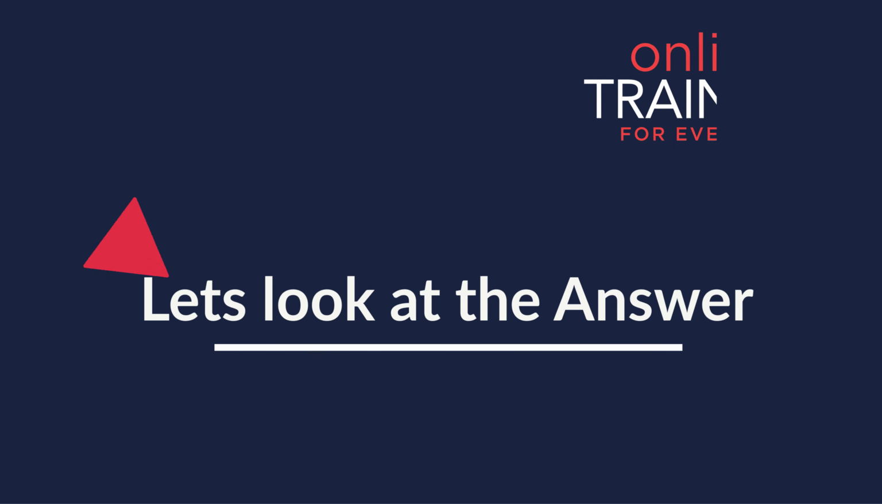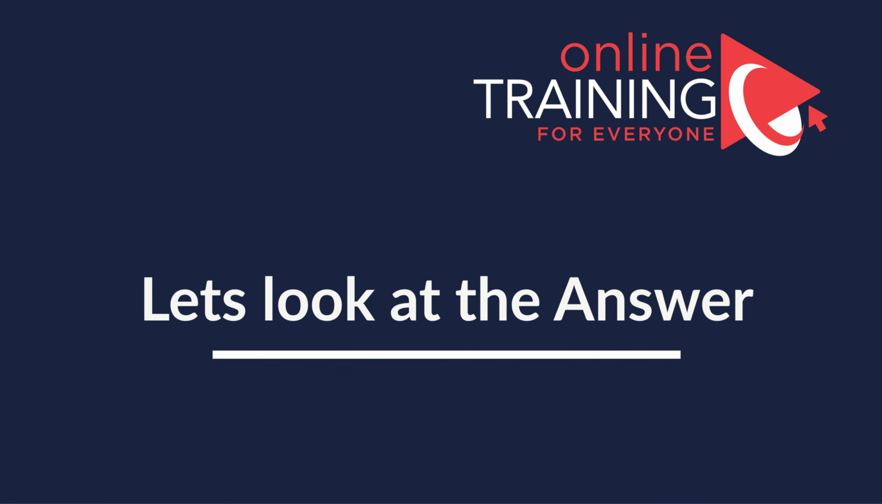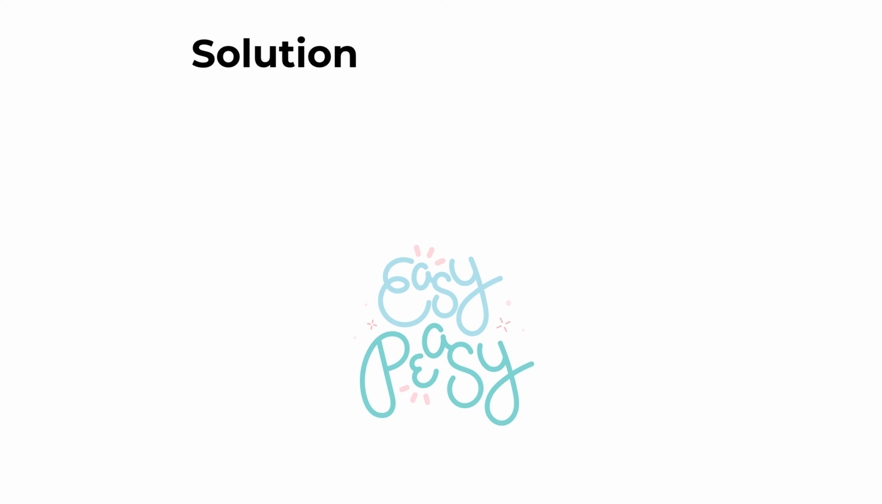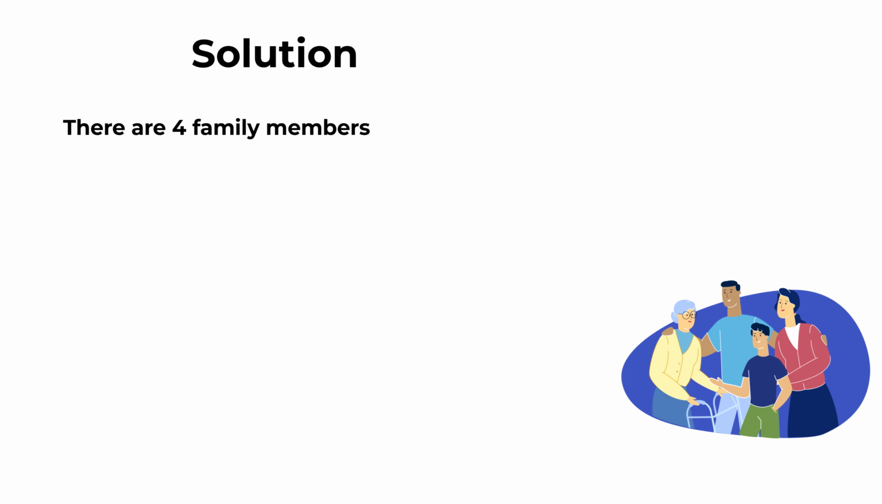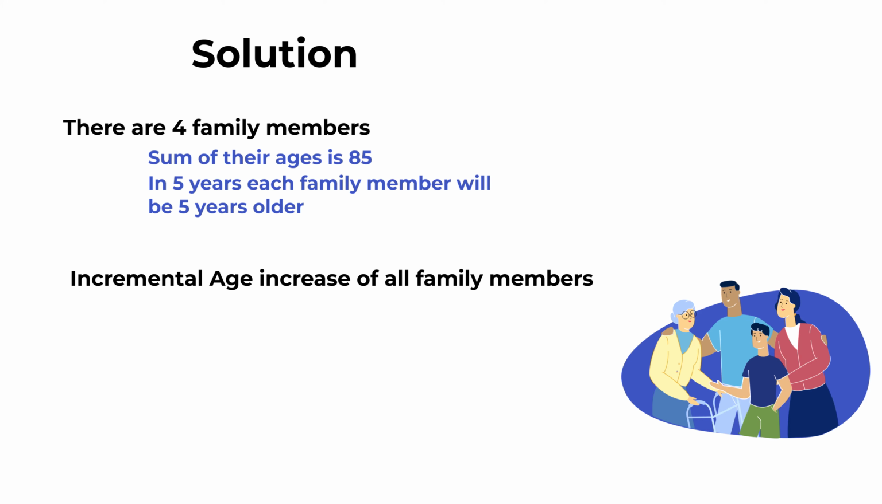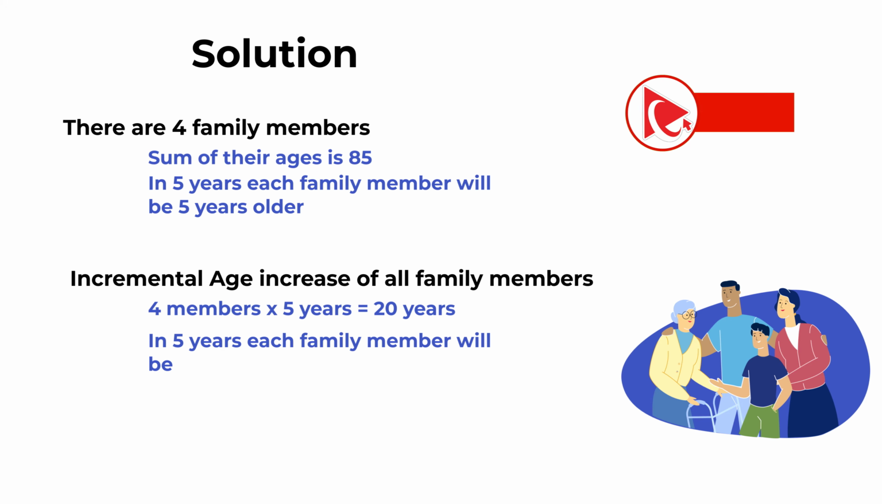What's interesting about this problem is that it is simpler than you think. So the key here is not to overthink the problem. There are 4 family members, and the sum of their ages is 85. And in 5 years, each family member will be 5 years older. So the incremental age increase for all family members can be calculated as 4 family members multiplied by 5 years equals